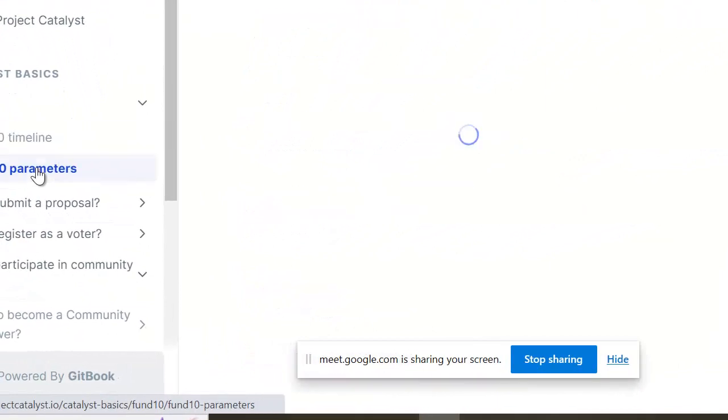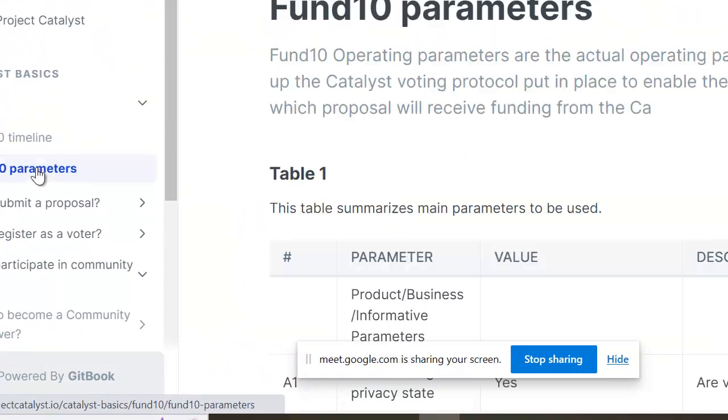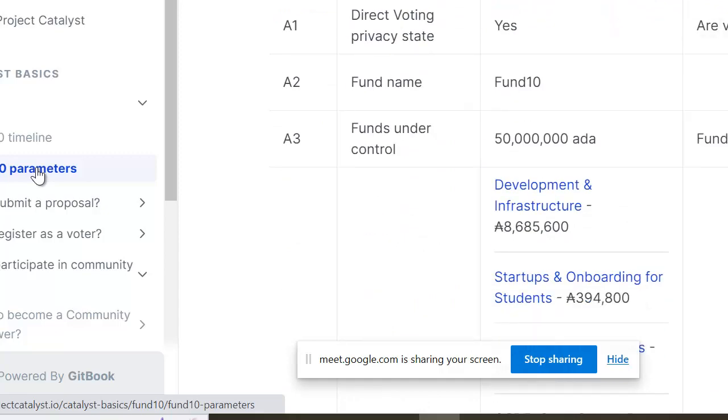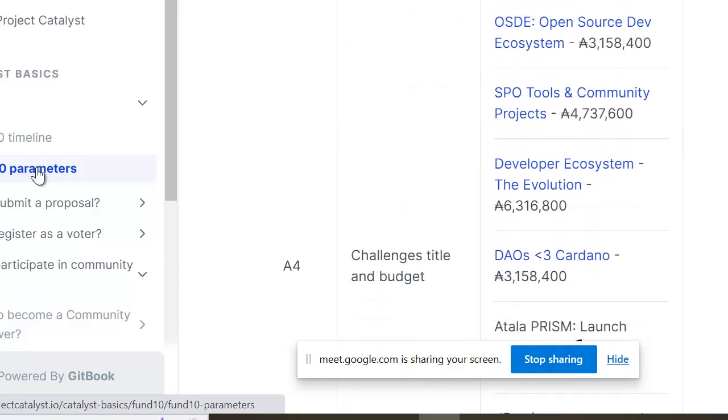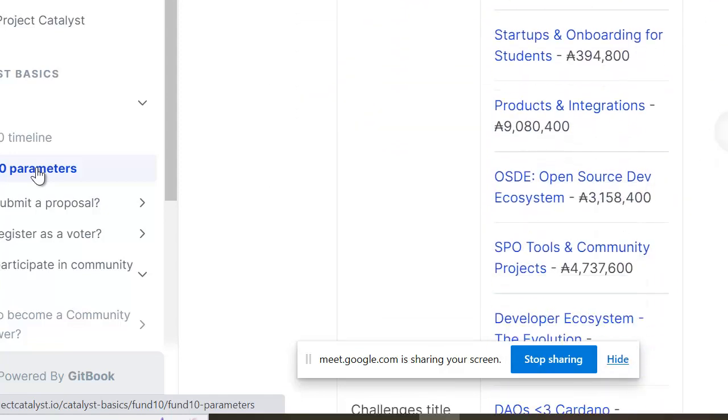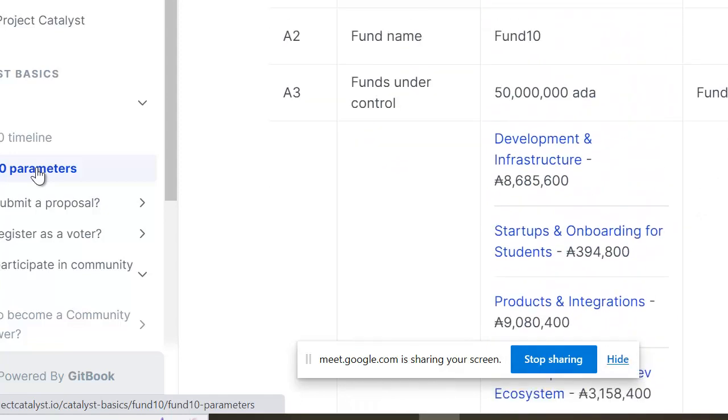Then Fund10, we also have the Fund10 parameters. So that one too, you can read. The parameters simply are the amount of ADA allocated for the various challenges, because beneath here, funds under control. Yes, and the entire Fund10,